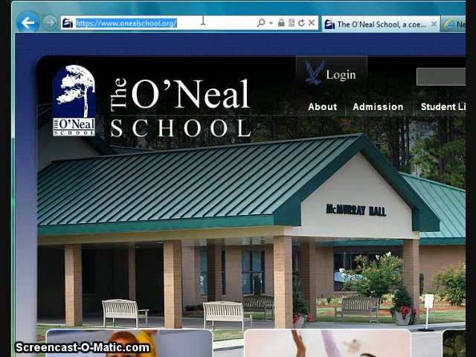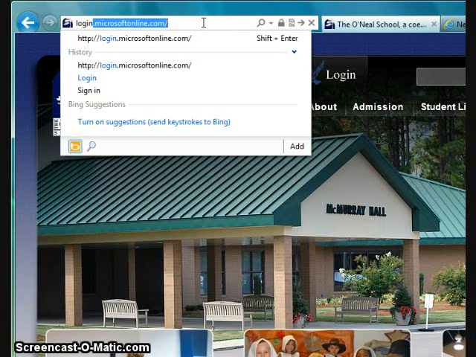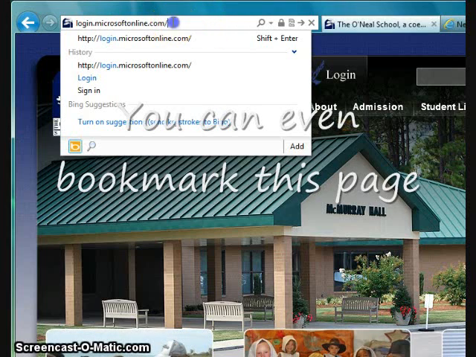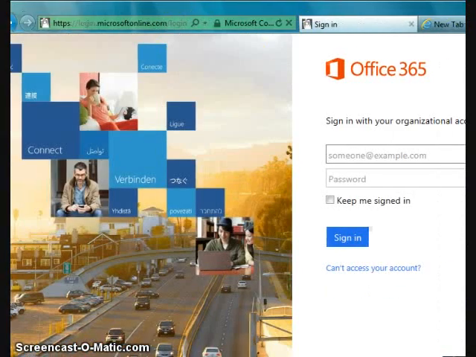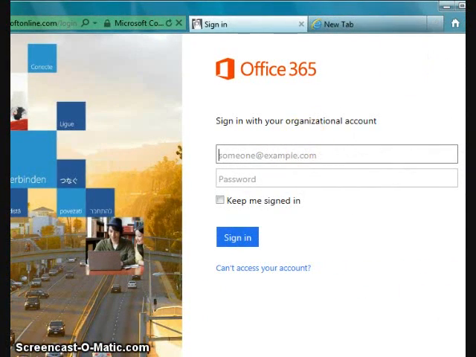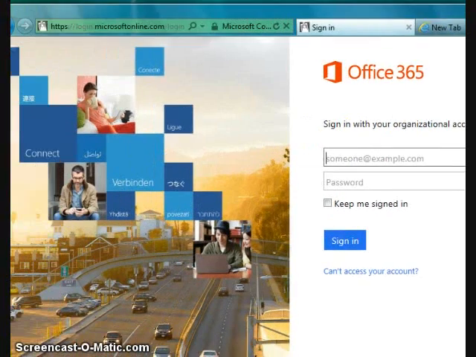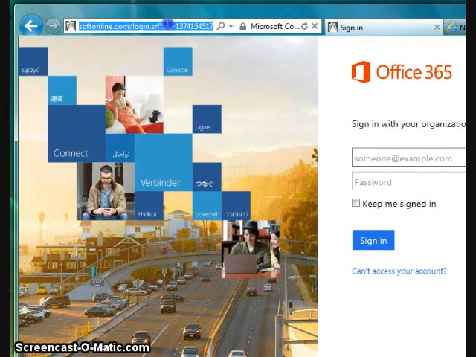To get to our new email site, you have two choices. Either you can type in login.microsoftonline.com right here, hit enter, and you get to the login page of Office 365. Or you can go to